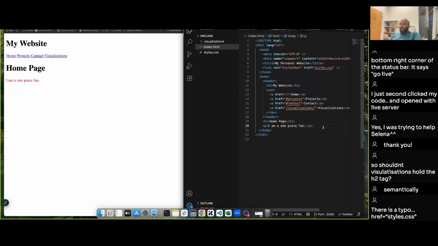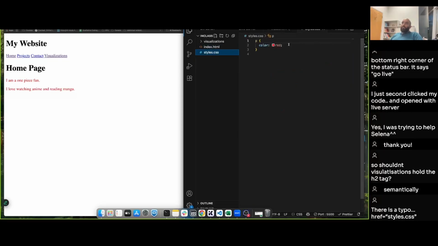So if I add another paragraph that says, I love watching anime and reading manga, it will also be red. You can do all sorts of things. The way you change something is by first giving the